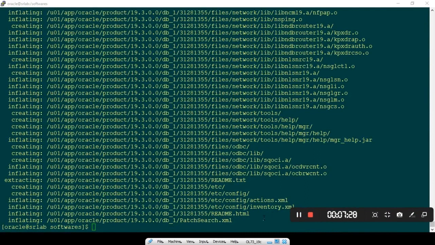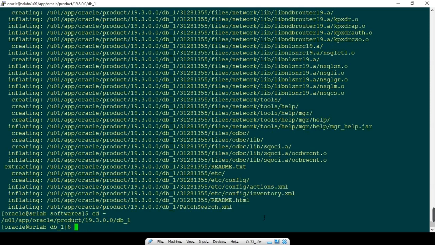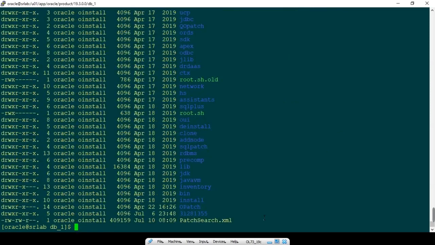The extraction process has completed and we are moving into the Oracle 19c home. You can see that the patch is also extracted here. Now, in one line, we are going to apply the patch first on the Oracle 19c home location, and then the installer will proceed.